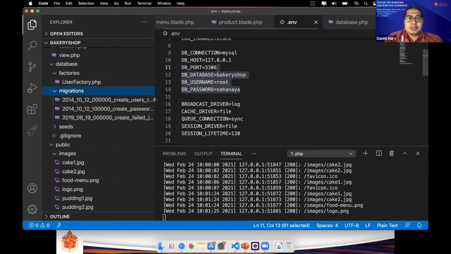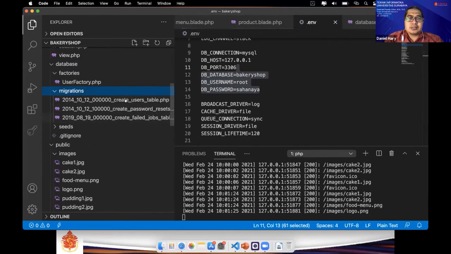Last semester it was still 2, so in the slide maybe it lists just 2, but now it is 3. The defaults are create users, create password resets, and create failed jobs tables.